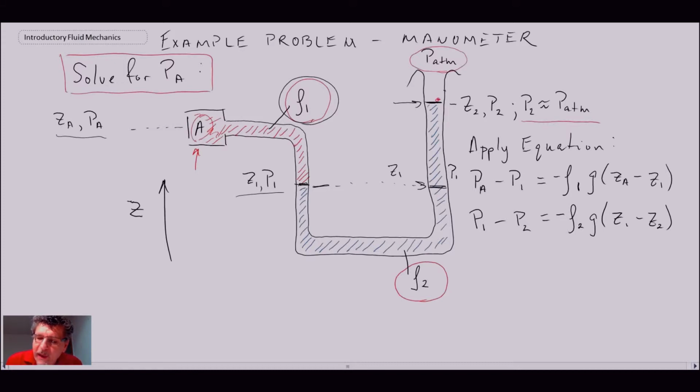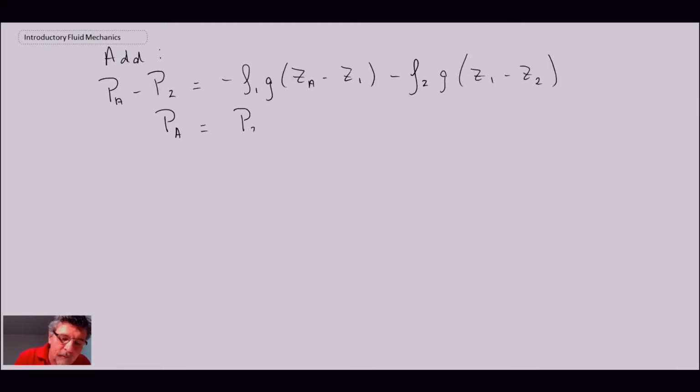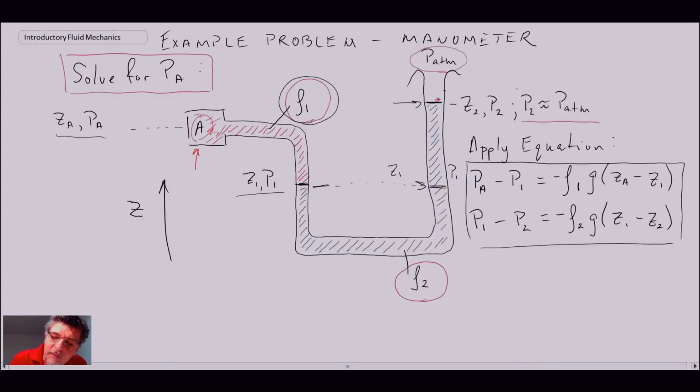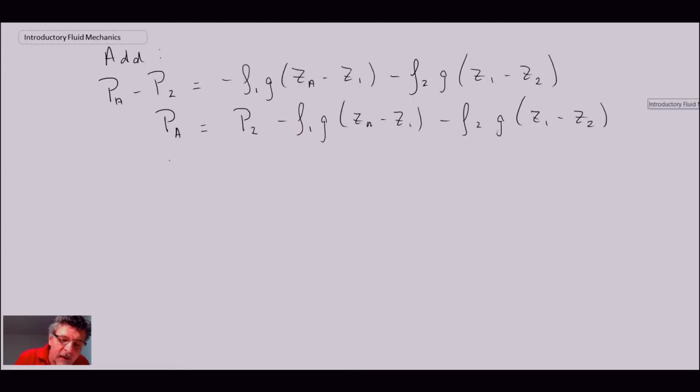So with that, what we can write is that we have these two equations here. So let's combine them and see what we get. And if you recall, let's look back on our schematic. We said that P2 was approximately atmospheric pressure. So we can write the pressure at A, which is the area that we're trying to measure, is equal to P atmosphere